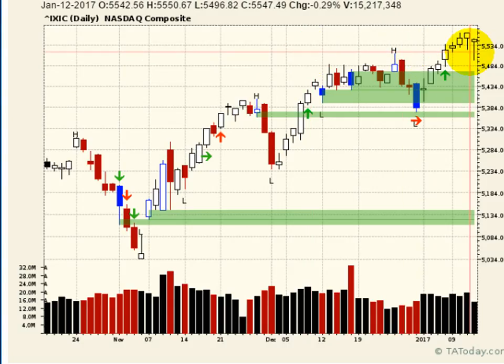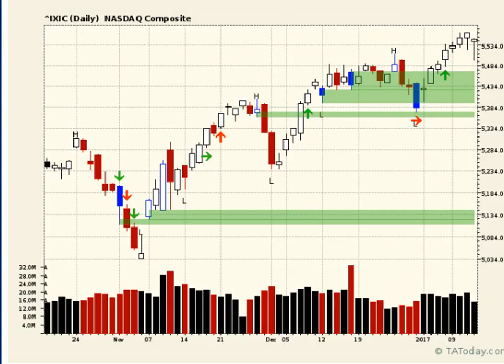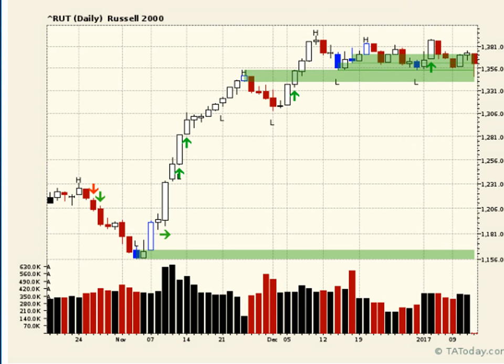Here's the NASDAQ. NASDAQ does get back into the swing point high. It did regenerate, or at least is attempting to regenerate to the upside. The one thing we haven't got, even though we got it on the S&P, on the IWM, which is the ETF, we haven't got the reset yet on the swing point lows here.